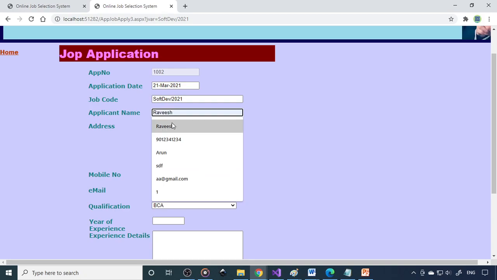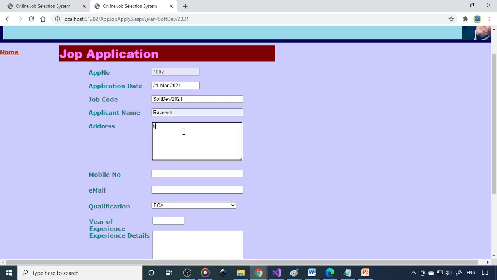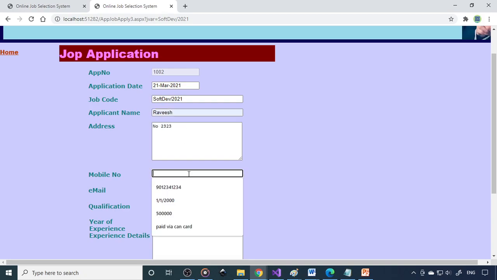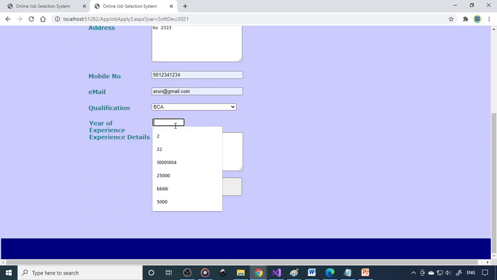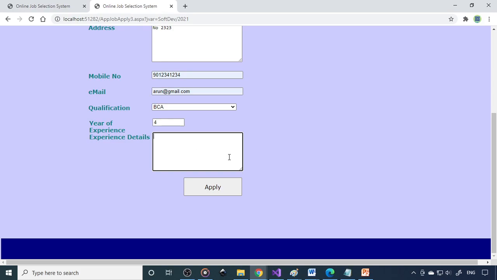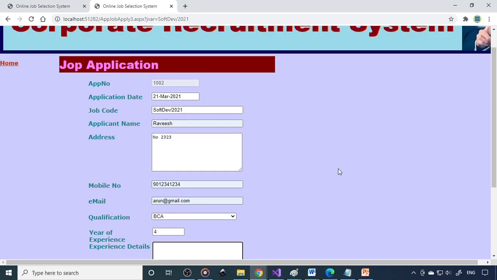So then the applicant name, then address, then the mobile number, mail ID, and years of experience, so 4 years. Then you write experience details. 4 projects done on C#.